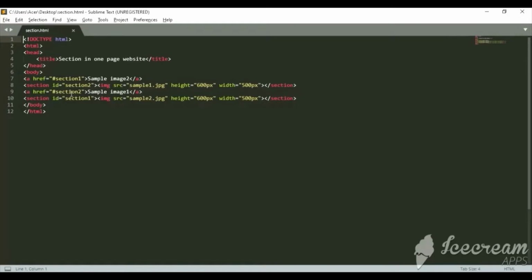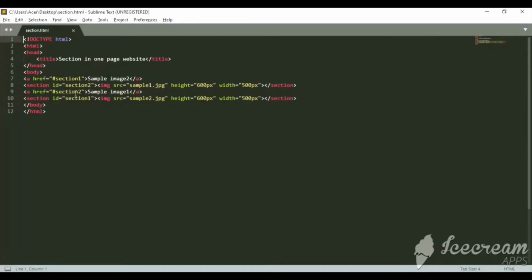Here I have given the title as section in one page website. In the body, first I have given the href, that is section 1, and I have given the link text as sample image 2. The next section ID that we have given over here is section 2, and here I have given the image, source of the image, height and width. The same thing I have done over here.